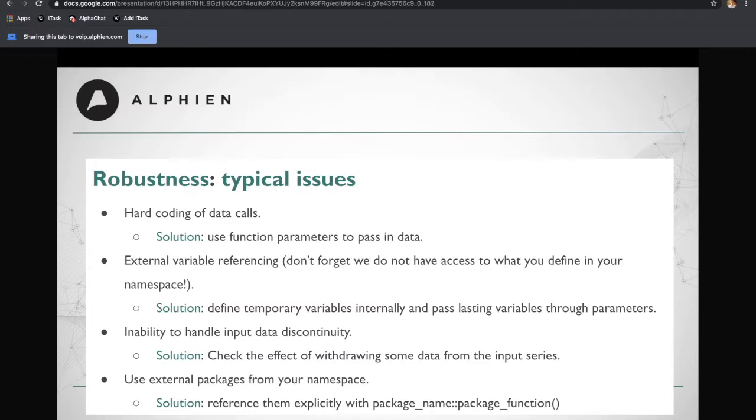And lastly, we also recommend that you explicitly use external packages, meaning if you are using a function from a package, you know which function it is because the package usually is loaded in your namespace. But again, that's quite linked to the second point here.